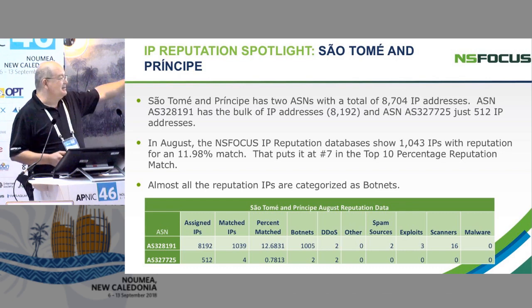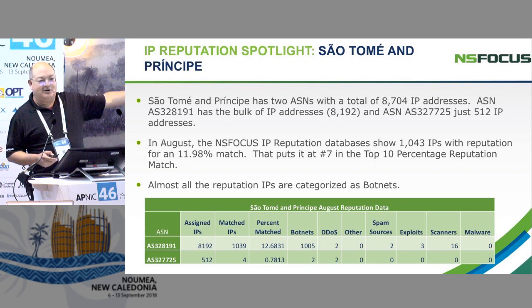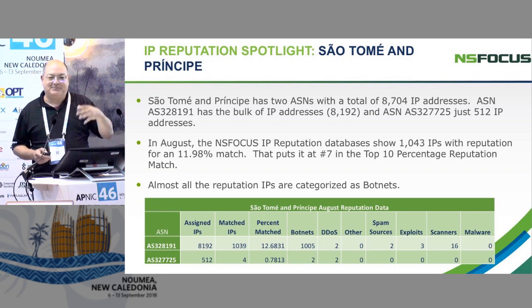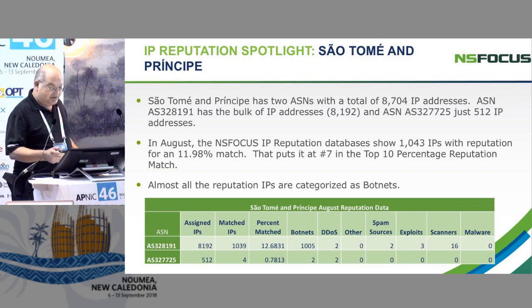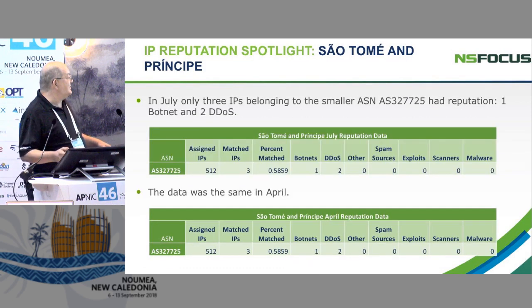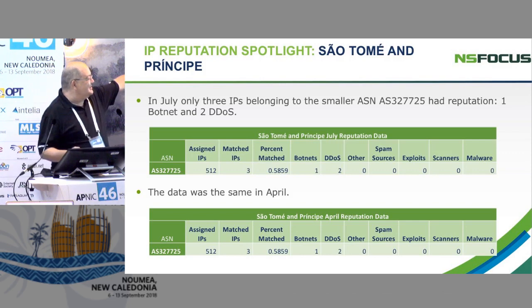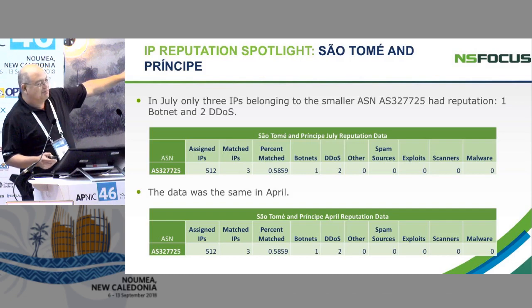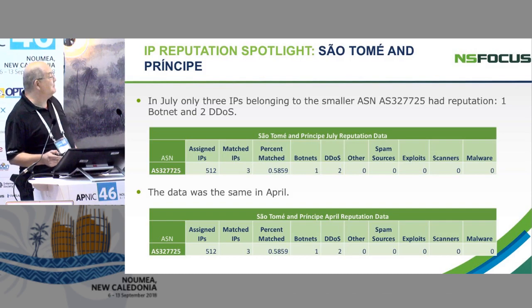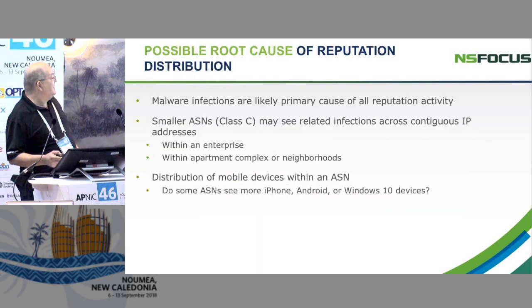It's terrible. But to see a microcosm like this, where you can see 2 ASNs, a very small ASN that handles everybody at home, and a very large ASN that handles all their cell providers, and all of a sudden the cell phones got infected overnight in a large percentage, gives you an idea of the kind of things that happen worldwide, including things we see like this here in Asia Pacific. That's why Vietnam is such a high rate. So, having seen all this, and this is just the small ASN, you can see April and July had almost no change in the number of infected systems, so everything was on the mobile phone end. I'm not going to go through all that stuff, but